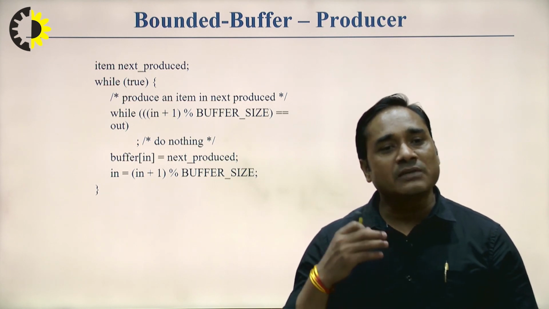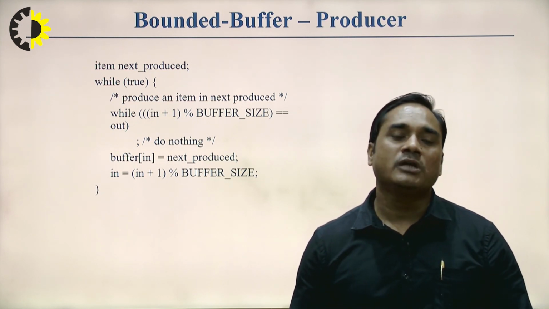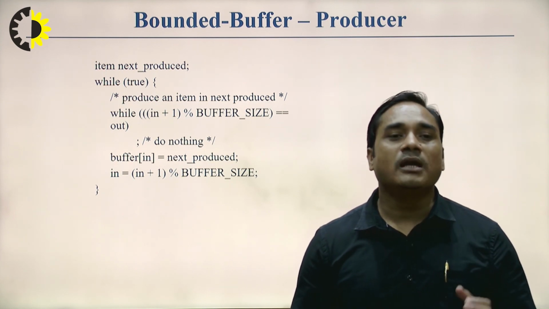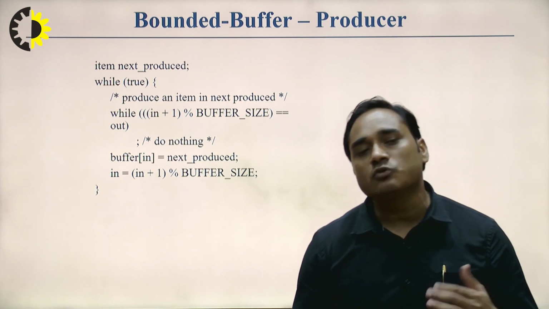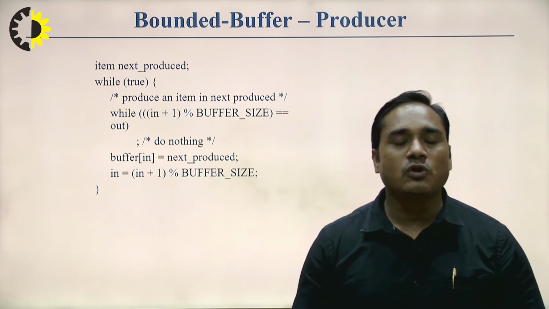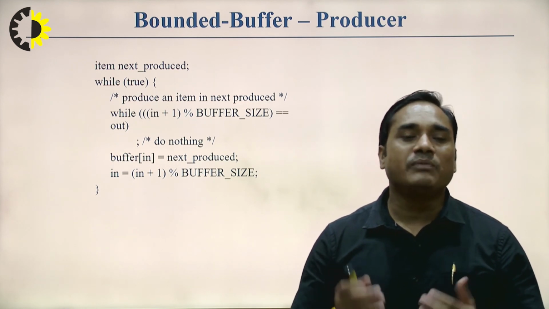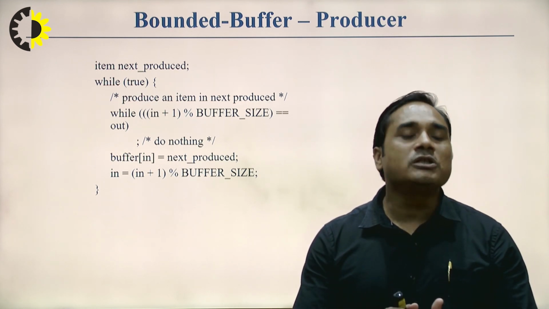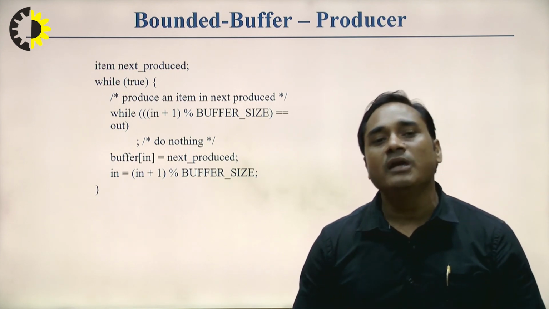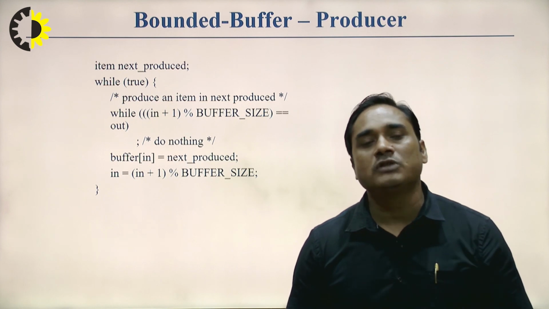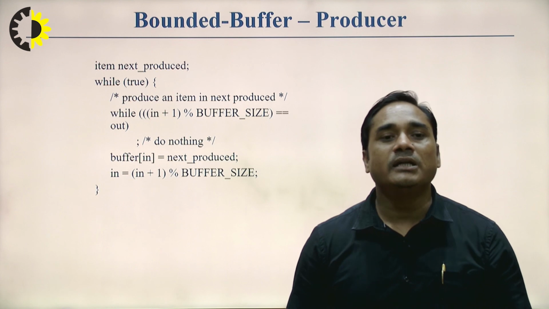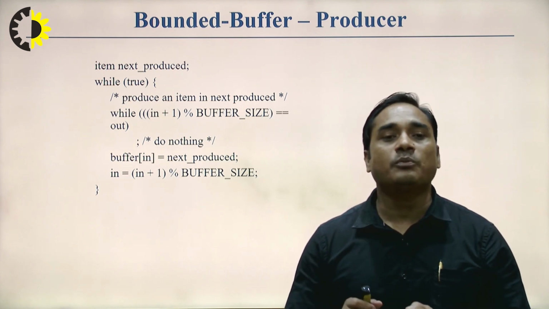So it will first check the buffer size, then it will produce, and the counter will increase its value: +1, +2, +3 and so on. So how many items you have produced and what is the buffer size? If the value of the counter and the buffer size are equal, or the same, and now the producer wants to produce an item, then the items would exceed the buffer size, so it will show an error, and the producer will not produce the item.